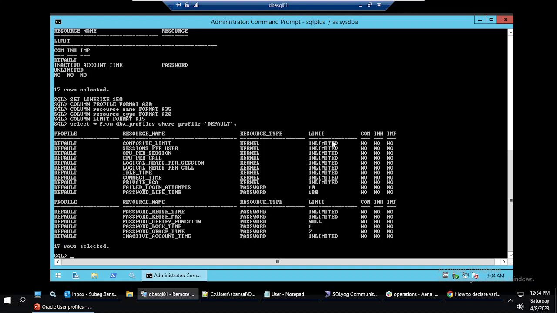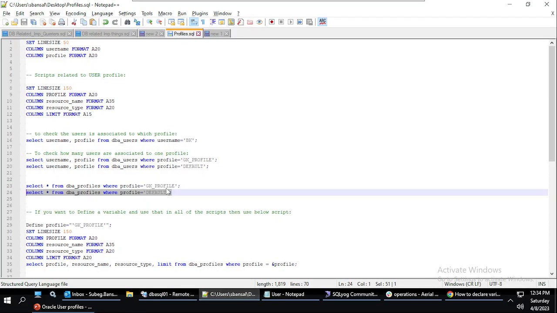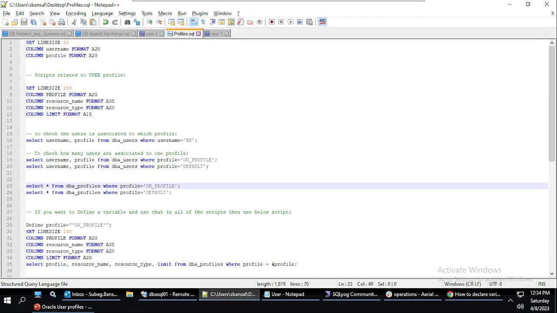So you see right now for the default profile in 19c, we are seeing these parameters are set to unlimited, these are set to 10, 180, and the other parameters are just the defaults. But if I talk about what profile I have created, I have created this GK profile. So let's see what are the differences between this and